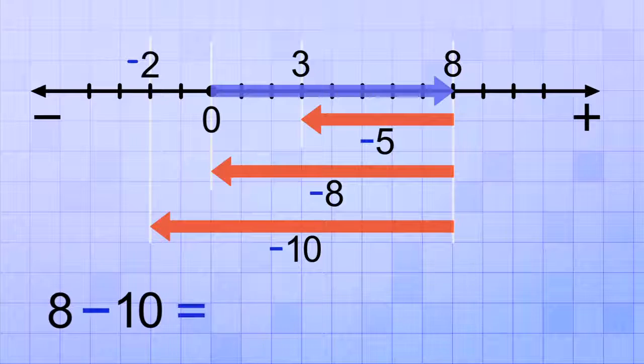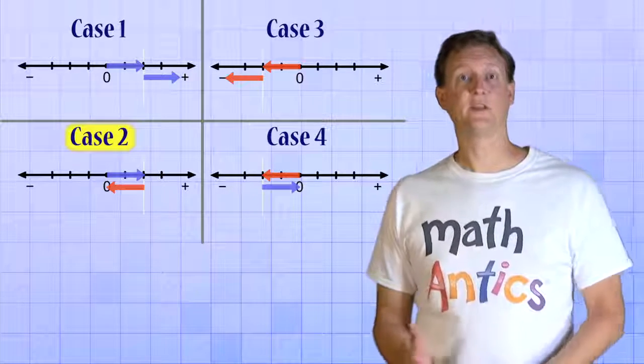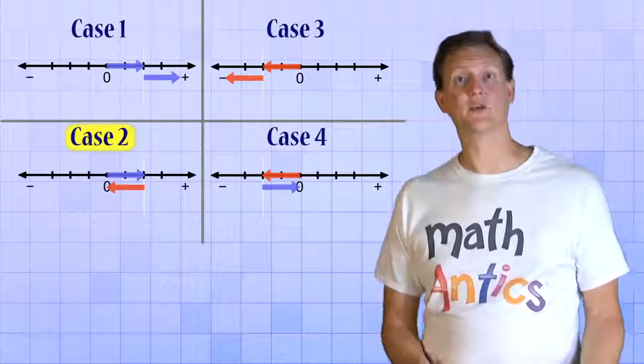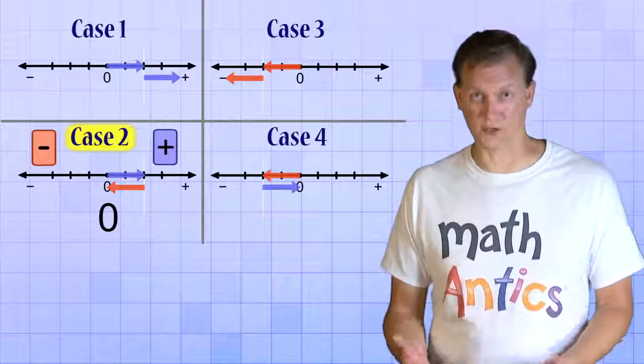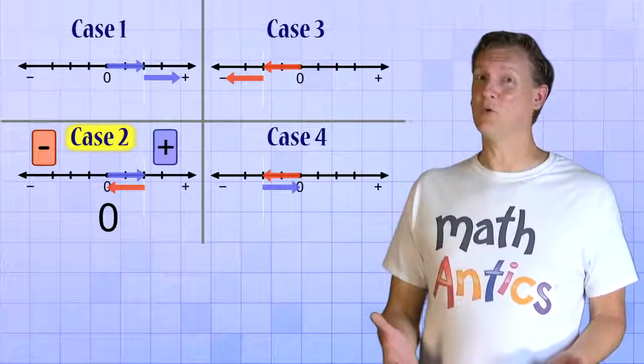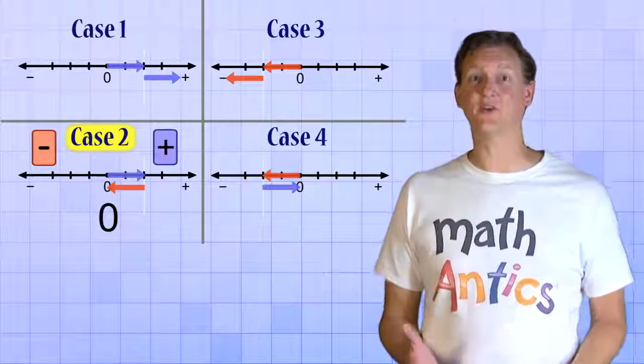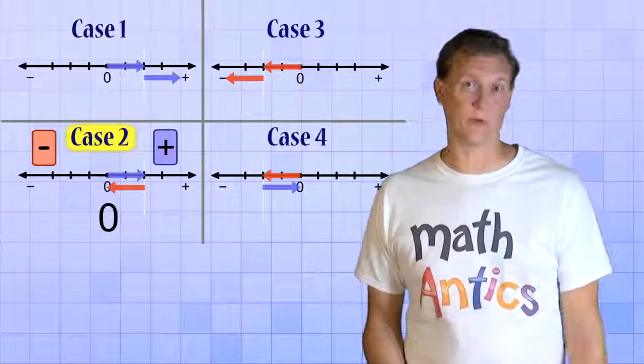So our answer is negative 2. As you can see, case 2 is a little more complicated because the answer can be positive, negative, or even 0 depending on the numbers you're subtracting. And it's even more complicated than that because there's also another way this type of problem can be written thanks